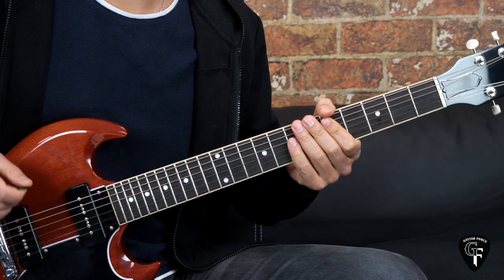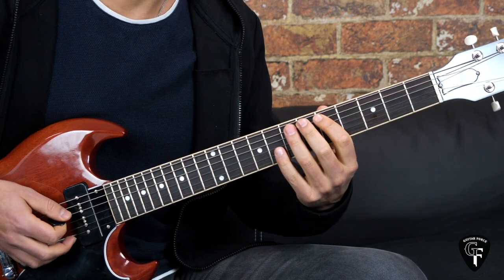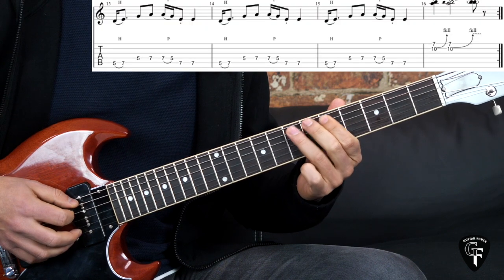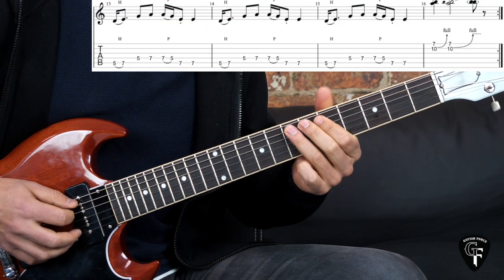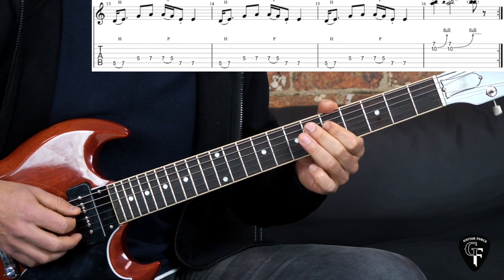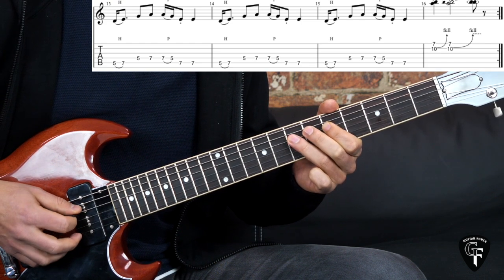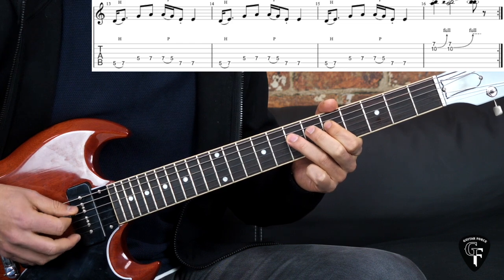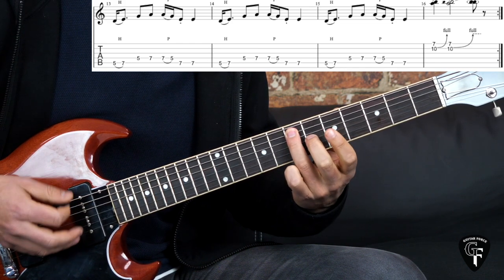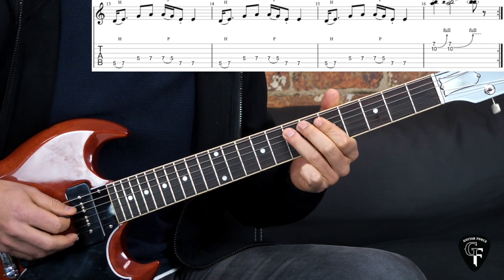So we have this melody going on. It's repeated 3 times. So we have a quick hammer on from the 5th to the 7th fret on the A string. Then we go to the D string. We play 5, 7. Then we have a quick pull off. And then we go to the A string on the 7th fret and pick it 2 times. So it's...